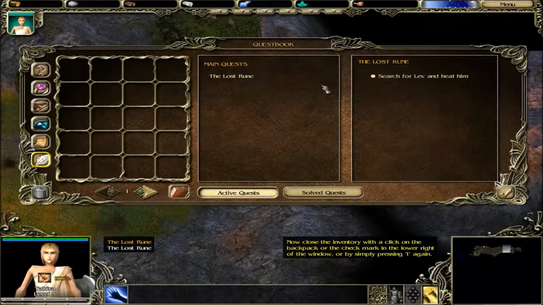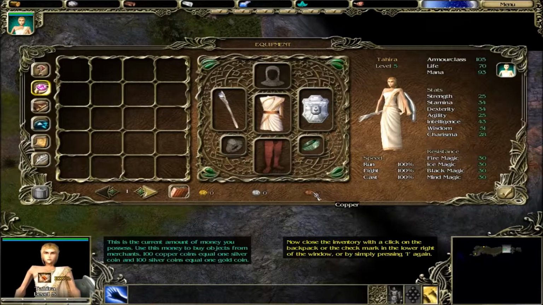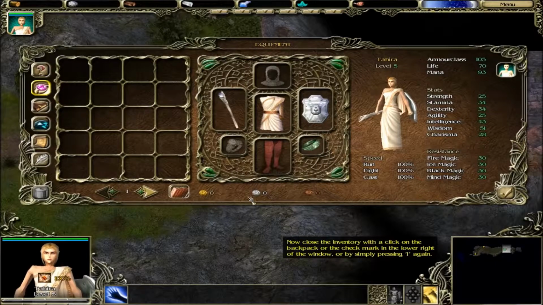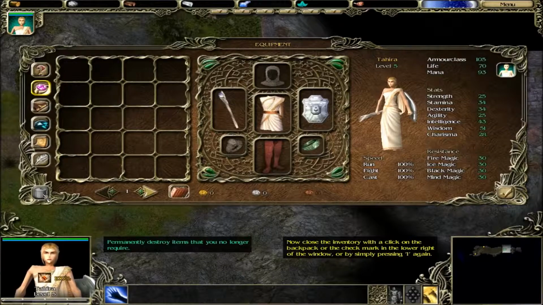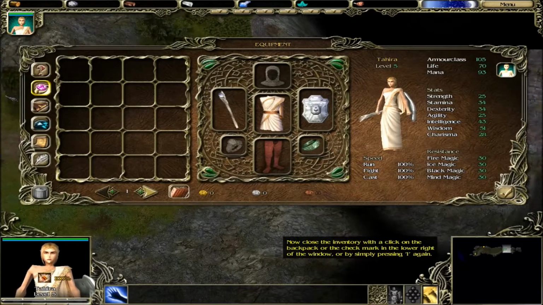Here's your quest book. Here's your quest. Find 11 here one. And this is just a quick overview and your inventory. Here's gold, silver, copper. A certain amount of copper equals silver, a certain amount of silver equals gold. No huge amount of currencies in this game, it's pretty standard. And you can permanently destroy items that you no longer require. It's better just to sell them if you don't need them. I mean, you've got that much inventory space, so you should never really need to get rid of anything unless you do plan to sell it. Okay,